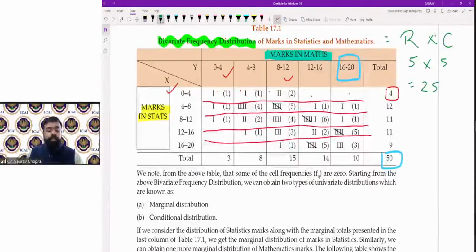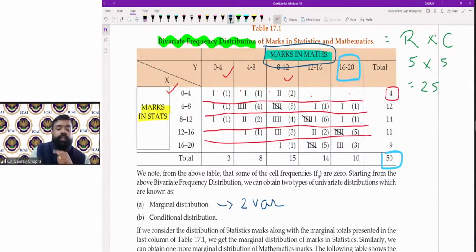Now second one is the marginal distribution. Marginal distribution का मतलब है margins. तो कितने मार्जिन यहाँ पर अवेलेबल है? तो जितने वेरिएबल उतने मार्जिनल डिस्ट्रीब्यूशन। तो since there are two variables, so there will be two marginal distributions. One distribution is for marks in statistics and second distribution is for marks in mathematics. So these are the two marginal distributions. तो जितने वेरिएबल होंगे उतने ही क्या बनेंगे? मार्जिनल डिस्ट्रीब्यूशन। ऑलराइट,